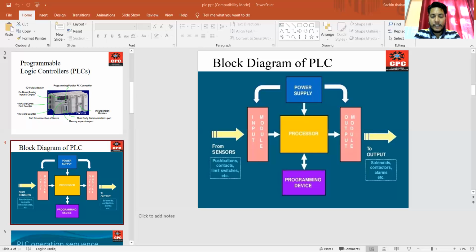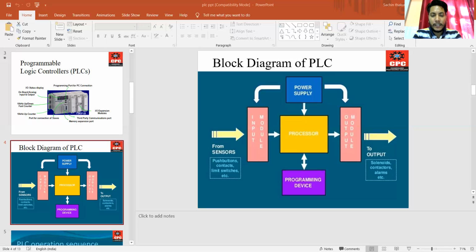The CPU controls, monitors and supervises all operations within the PLC. Whichever command is given in the PLC, it operates and monitors all the operations. The CPU makes decisions and executes control instructions based on the program instructions in the memory.